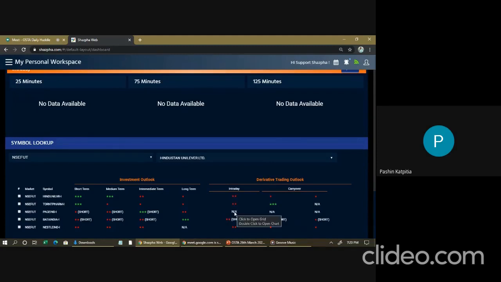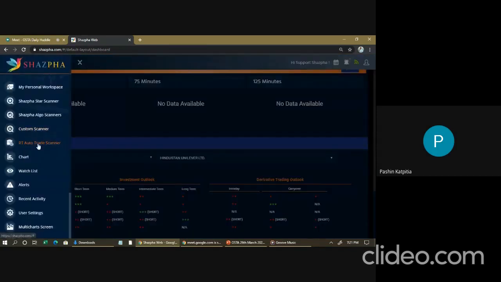A day trader has a trading window of 9:15 to 3:30, and we can't expect a day trader or a swing trader to sit during the market hours and try to find trades while the market is on. So for both these types, Shaspa has an excellent tool, which is the real-time auto trade scanner.